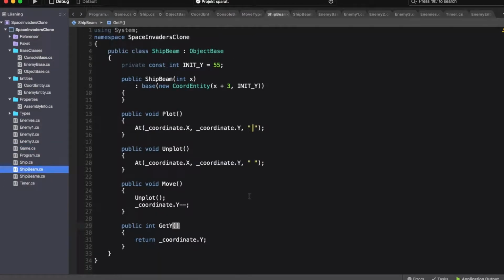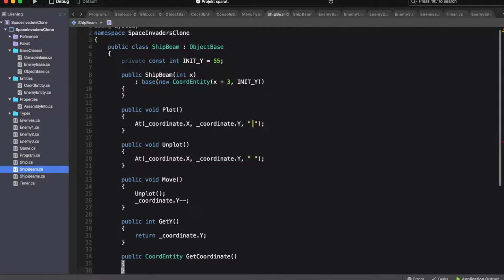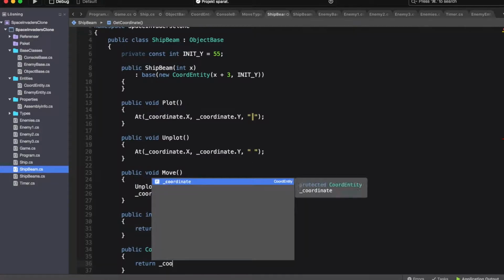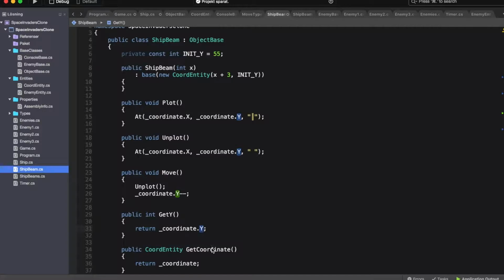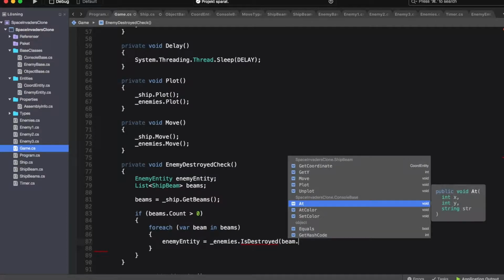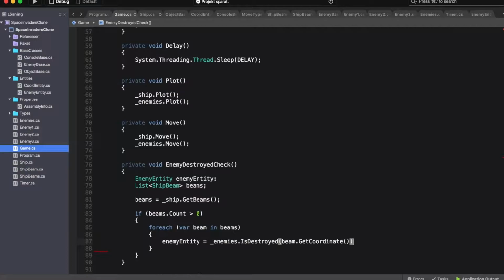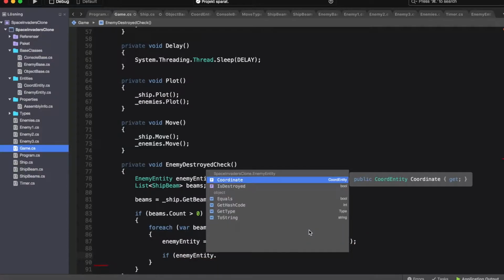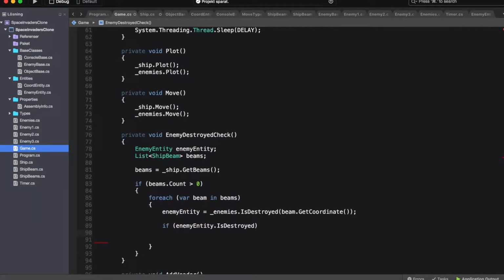Okay, let's go to the ship beam and add a function get coordinate that returns a coord entity. We need the coordinate for the current beam, of course, because we want to send it to the enemy function is destroyed to determine if it was a hit. Okay, so if the enemy entity is destroyed is true, then